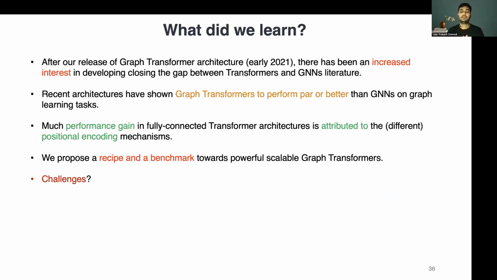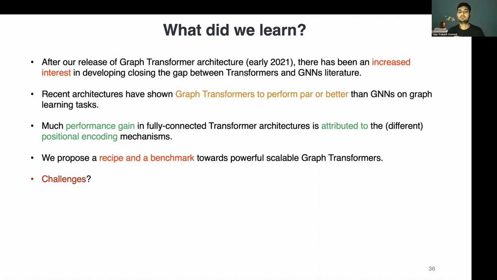So just to summarize now, as I'm towards the end of the presentation: there has been an increased interest in developing transformers for graphs, and also in closing the gap between transformers in general and the graph learning literature, where before graph transformers we had a lot of different designs of GNNs whose only changes were mainly on how the aggregation would be done, some max, mean, or attention, and stuff like that. So now there's a closing of the gap between the general transformer and the graph learning architectures.